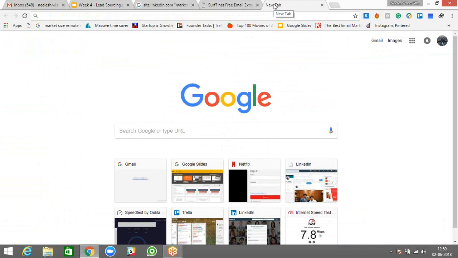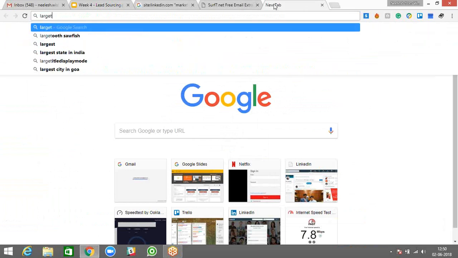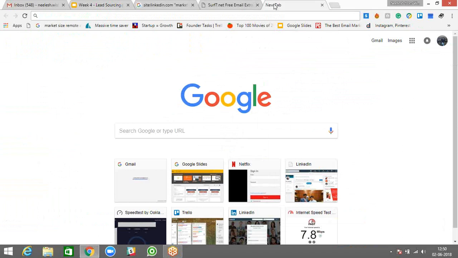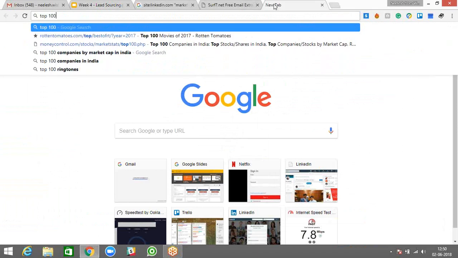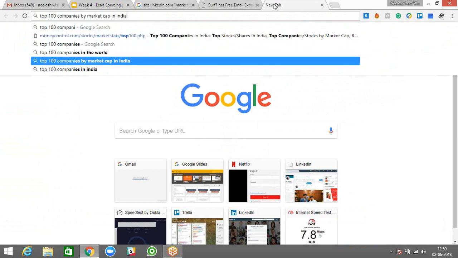Let's say I look for the largest, or let's say top 100 companies by market cap in India.